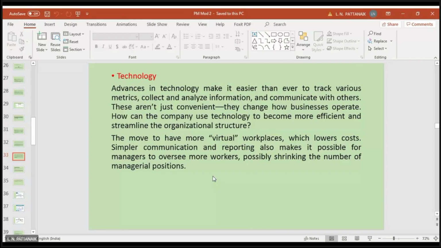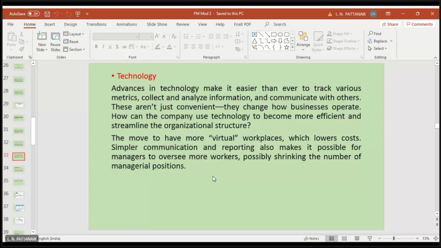It is not necessary that you will call the person physically to do the work somewhere, because it is possible because of technology, right? Similarly, the kind of communication now happening is so fast. So it hardly matters where you are staying. It is ultimately your output that matters. Of course, that holds as long as you are doing mental work or programming work, but for physical work, you have to be present. The move to more virtual workplaces lowers costs, and simpler communication and reporting also make it possible for managers to oversee